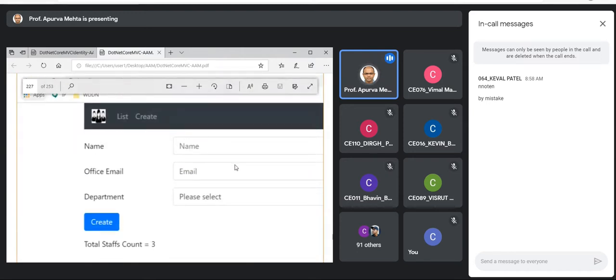So when I load this page, you see the total staff count is 3, because in the list we have 3 staff members. Essentially the user has made a request to the URL, say localhost/home/create, and we are seeing the staff count 3 because right now 3 staffs are existing in the system.